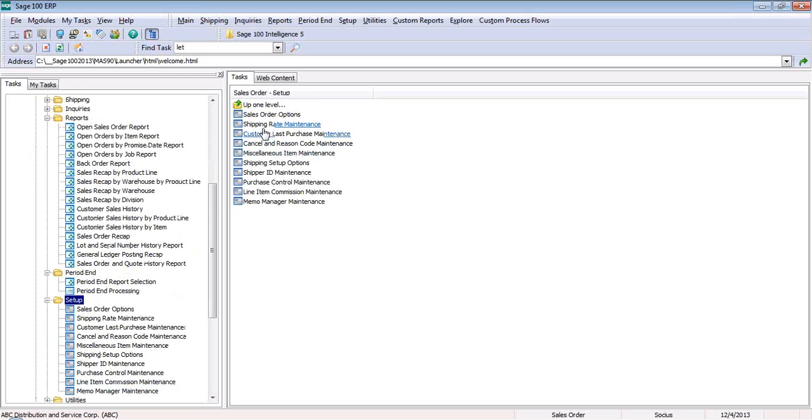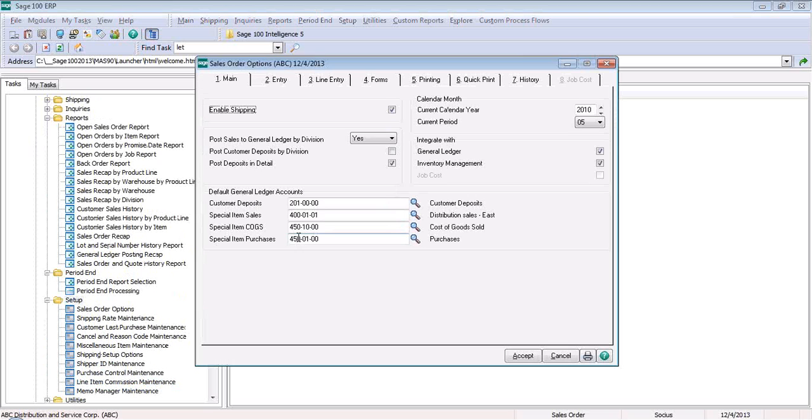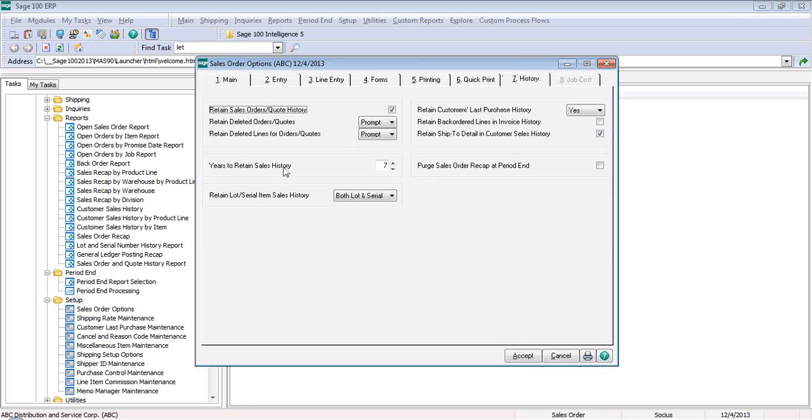And if I look at the setup options in sales order, again, the tab that I may want to look at would be the history tab. This is where all of the settings are as far as what is going to be kept and what is going to be purged